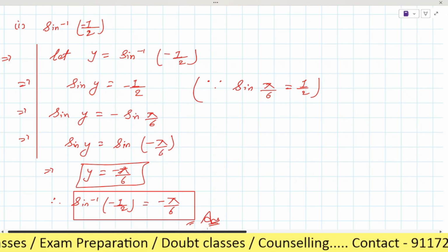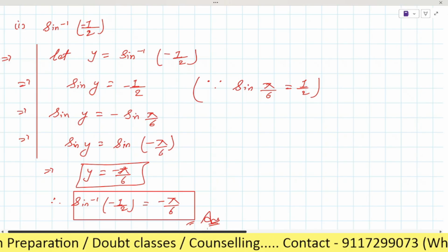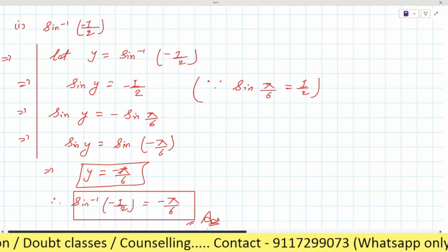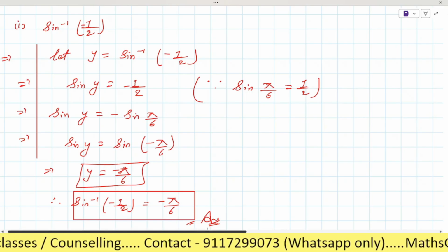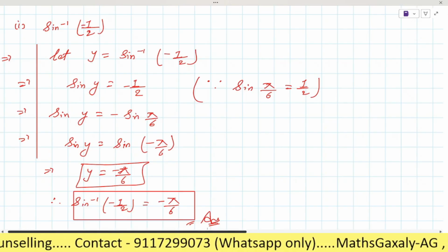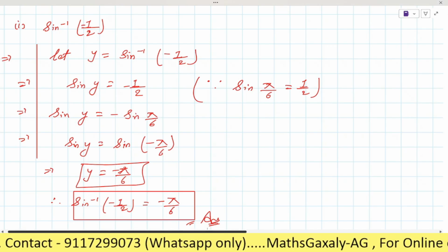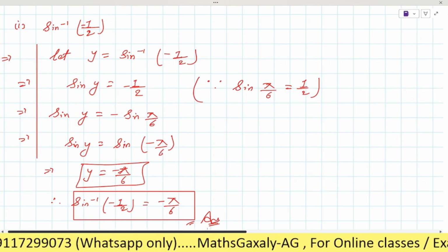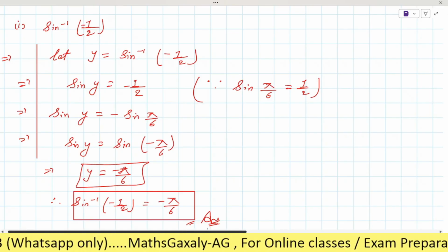As in question 11, tan inverse 1 plus cos inverse minus 1 by 2 plus sin inverse minus 1 by 2. So first you have to find the value for tan inverse 1. Then you have to find the value for cos inverse minus 1 by 2. Then you have to find the value for sine inverse minus 1 by 2, and the values of all these three you have to put in the given question and solve it. Definitely you will get the answer. Is it clear? Any doubt? I hope you can definitely solve this whole exercise.